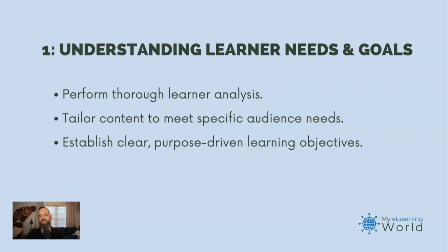First of all, let's talk about our learners. It's kind of like being a detective. You're trying to figure out who the audience is, what does the audience want, and where are they trying to go. By getting to the heart of our learners' needs and setting clear goals, we're not just teaching them, we're taking them on a journey that's both meaningful and directed. Once it's all said and done, it's about making sure that once they reach the end, they walk away with